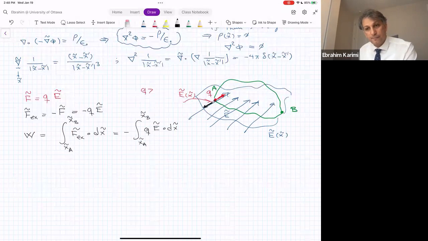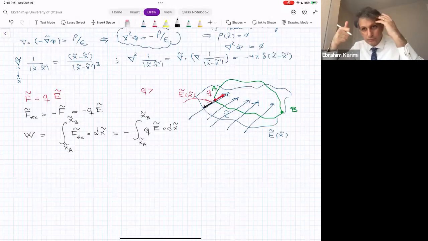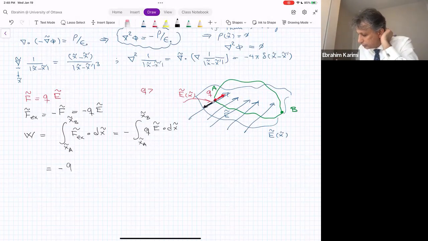Is that clear? The important point is that you have to have a force identical to the electric force but in the opposite direction, because you don't want to allow any acceleration. Then I get minus Q, which is constant, integral from xA to xB, and then the electric field,